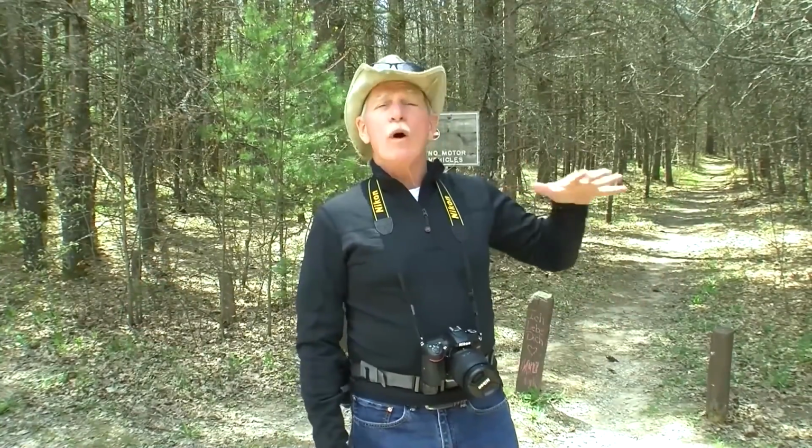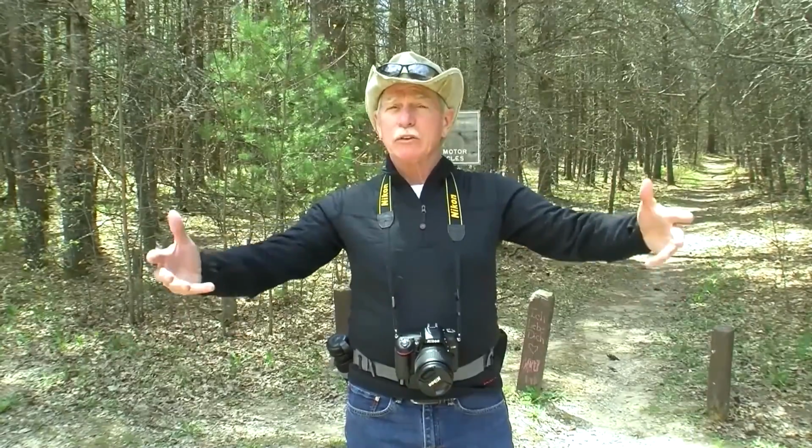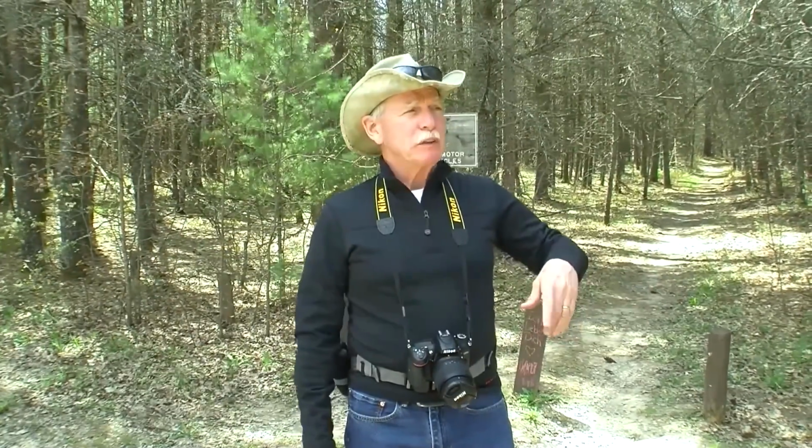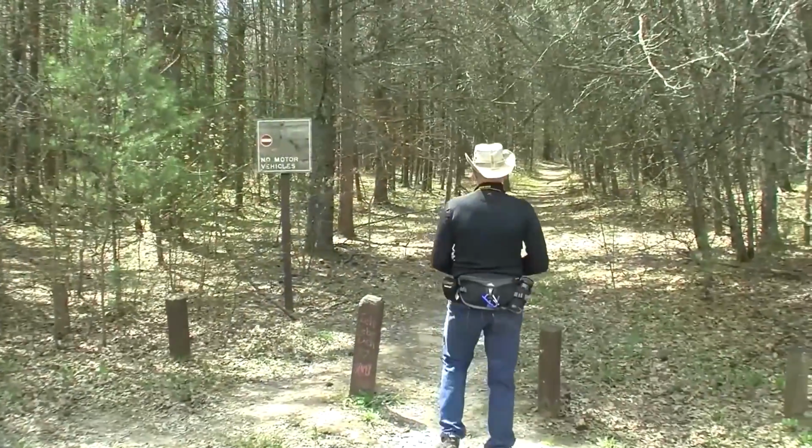We're going to go up a hill, and we're going to overlook a swampy area, the confluence of 3 rivers that come through this way. And then we're going to circle back around, drop down, and go through kind of a swampy area, and then come back out to the beginning. Great place to come out here if you just want to get away from things and take a nice little